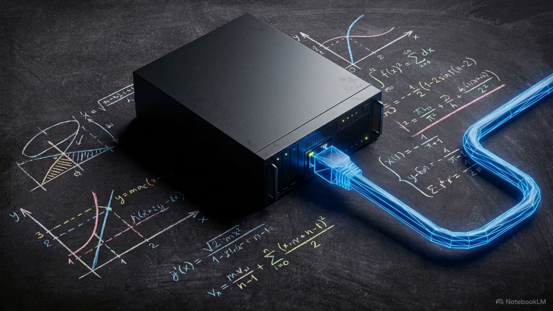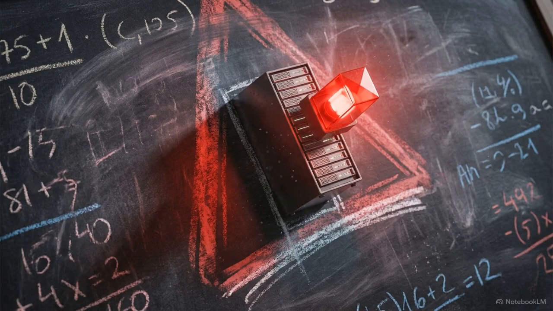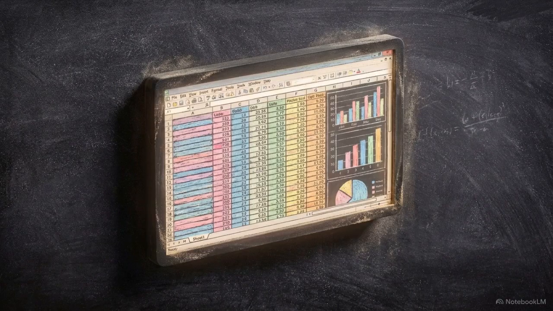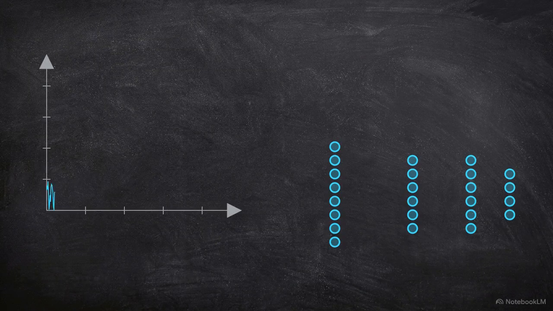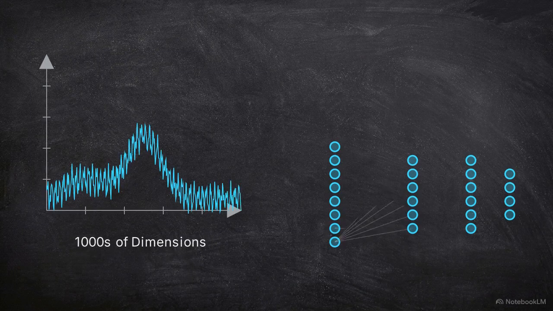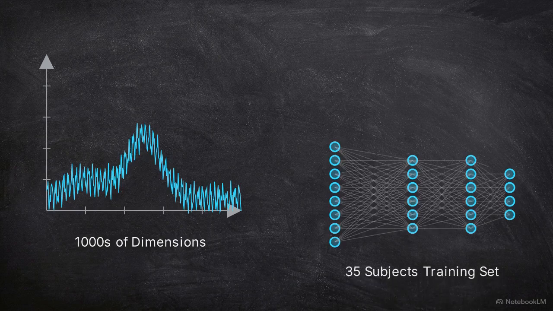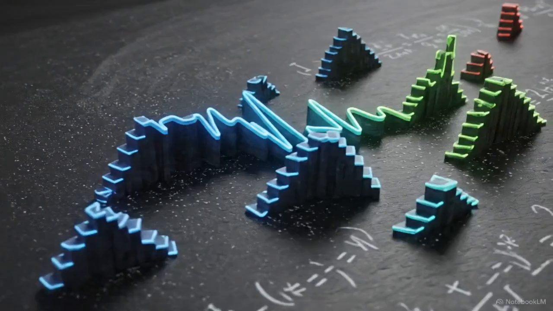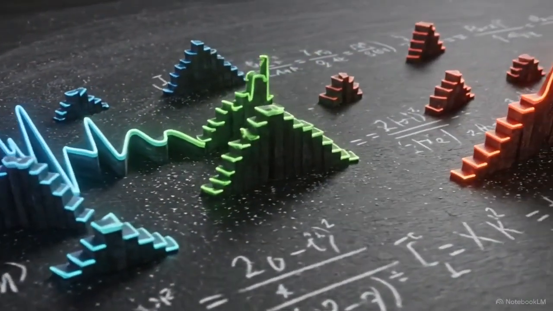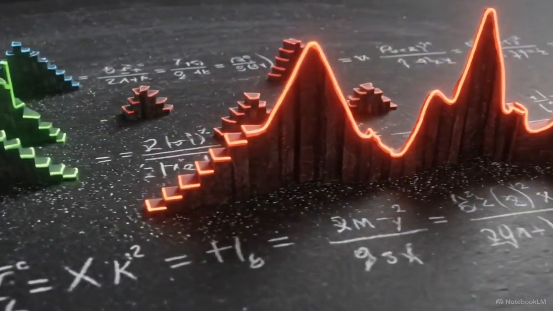The immediate temptation is to take these newly isolated amide 1 spectral points and feed them directly into the neural network. However, biophysics suffers from a strict small data bottleneck. The ground truth database required to train the network contains exactly 35 known protein structures. As this diagram demonstrates, pushing thousands of highly dimensional spectral points through a deep learning model trained on only 35 subjects causes the network to memorize the noise instead of the pattern, leading to a failure state known as catastrophic overfitting. To breach this gap, the data must pass through a specific mathematical filter called the discrete wavelet transform, or